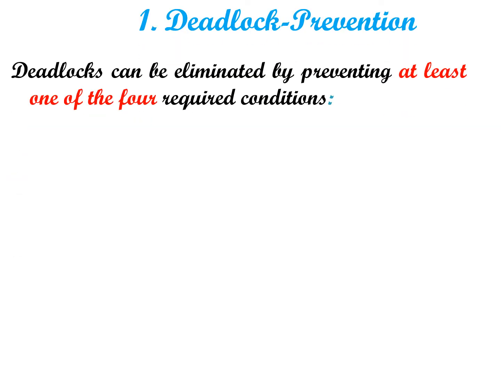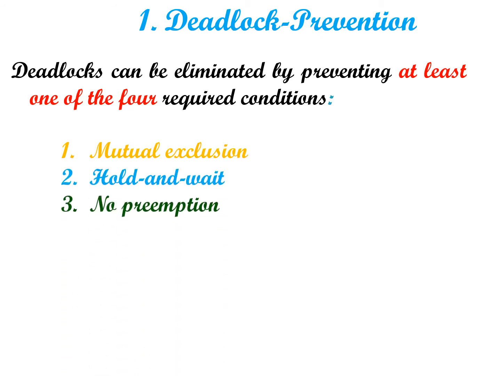Deadlock prevention. In this method, the system will prevent any deadlock conditions from happening. That is, the system will make sure that at least one of the four conditions of deadlock will be violated. These conditions are mutual exclusion, hold and wait, no preemption, circular wait. Since we are preventing any one of the four conditions by applying some techniques, these techniques can be very costly, so you should apply deadlock prevention only in those situations where there is a drastic change in the system if deadlock happens.